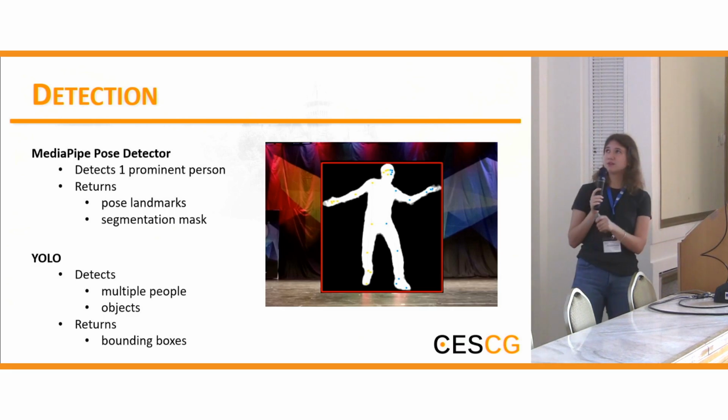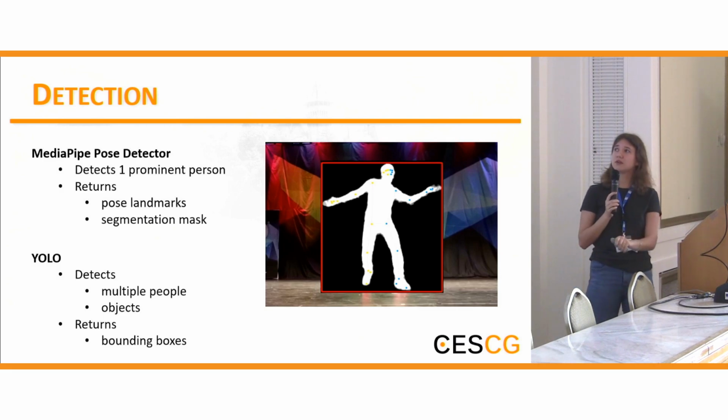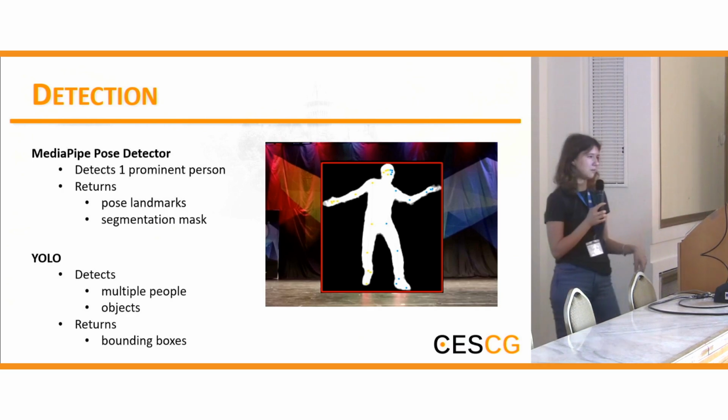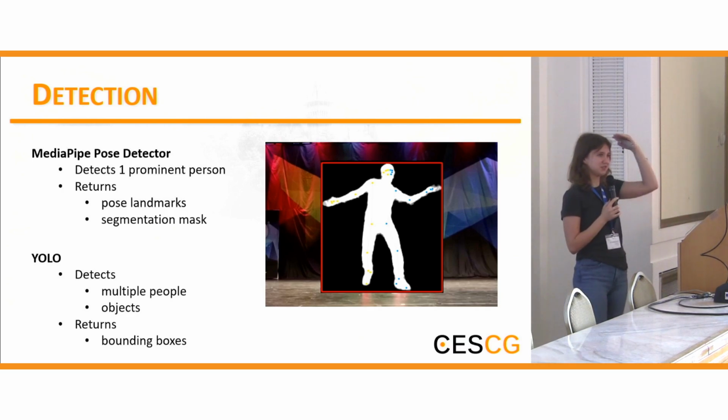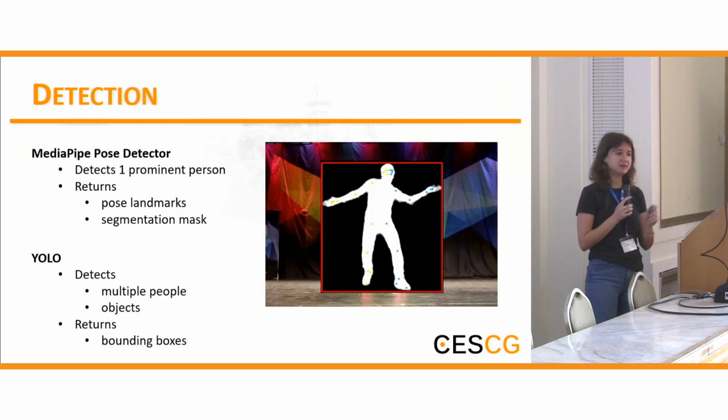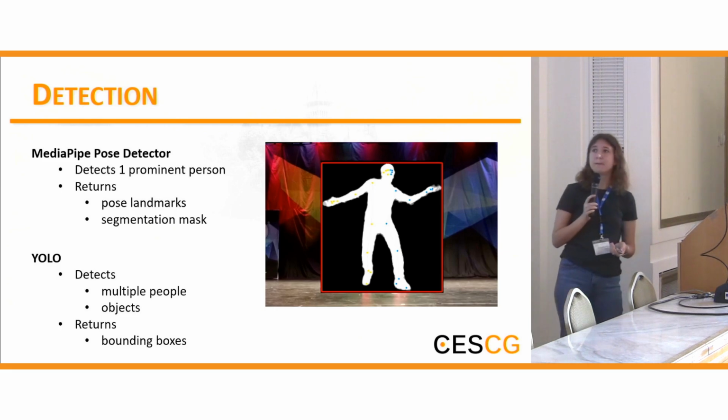So I started with the pose estimator, and I wanted to get all the key points and get the bounding box, because if you are already detecting a person with the pose key points, you know that you just crop the key points and it will be exactly the dimensions of the person. There will be no redundant space. And MediaPipe is great at detecting one prominent person. So if you want to get the video of a person with some people in the background, it will do a great job in that.